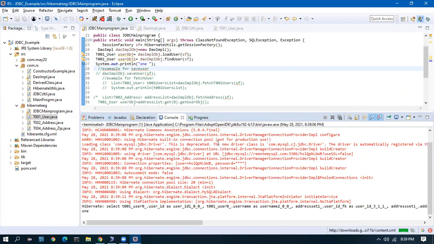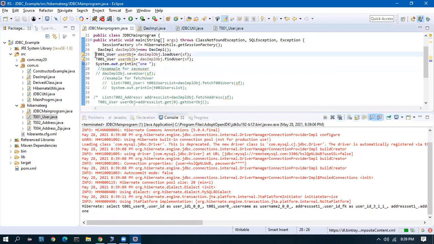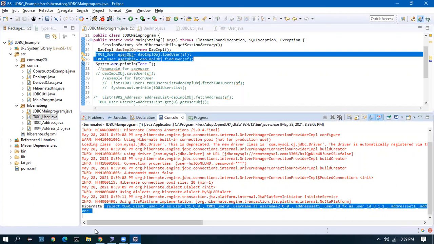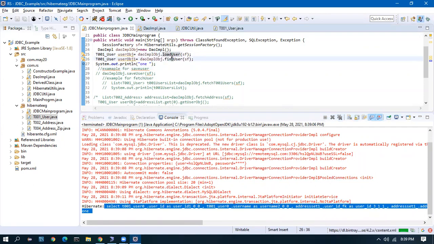Can you notice something here? If you see line number 25 and 26, I have called two methods in DAO, but see here only one query got executed. I am calling load user. I'm also calling find user.